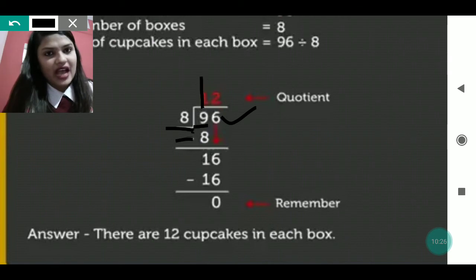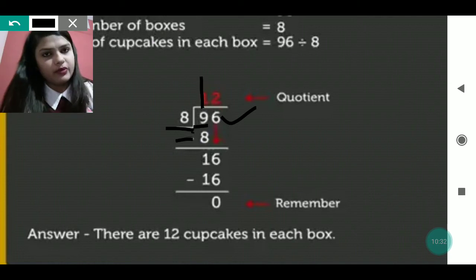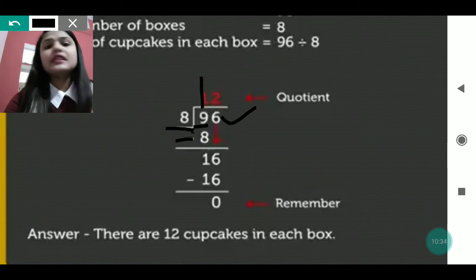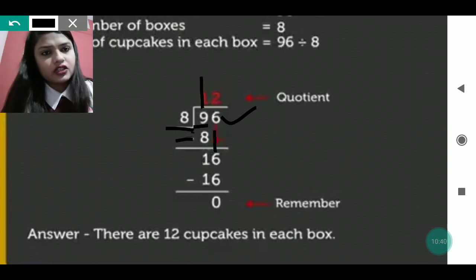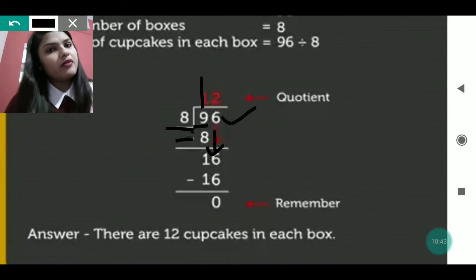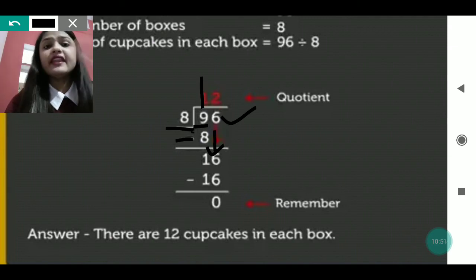As 1 is what we have taken down, that 1 is right now the remainder. Is that 1 divisible by 8? No, it is not divisible. So in that case we have to see if any number is left at the dividend place. Yes, one number is left, that is 6. So 6 we will take down and it will become 16. Previously it was 1 only, but now it is 16. Is 16 coming in the table of 8? Yes, 16 is coming in the table of 8, 2 times.